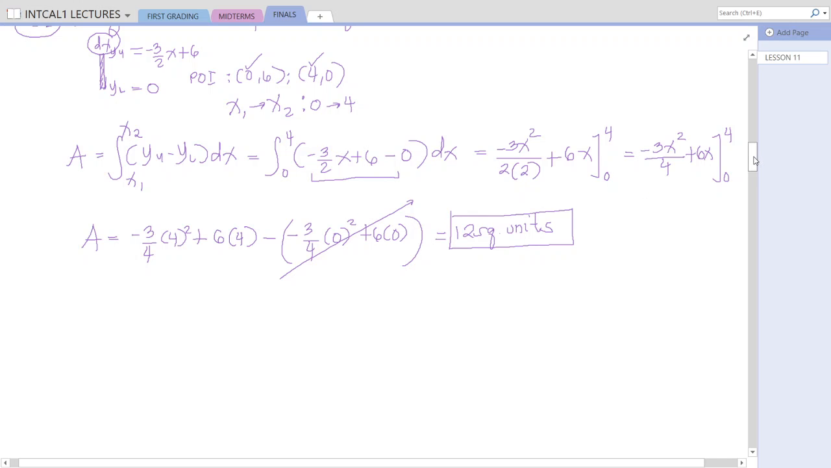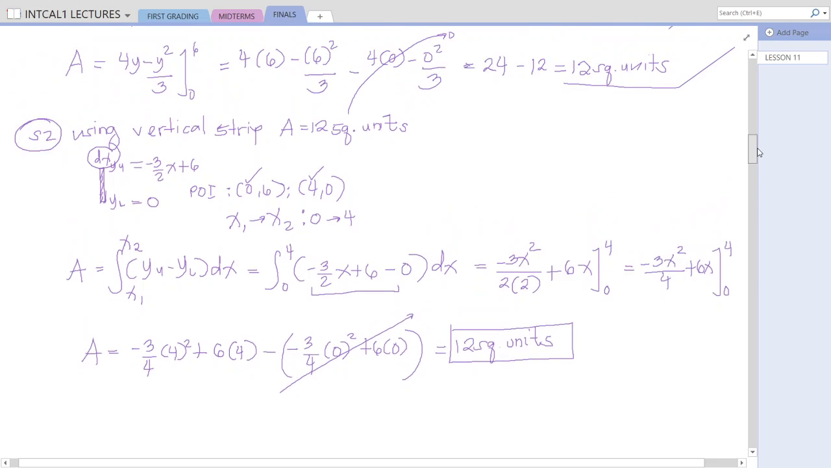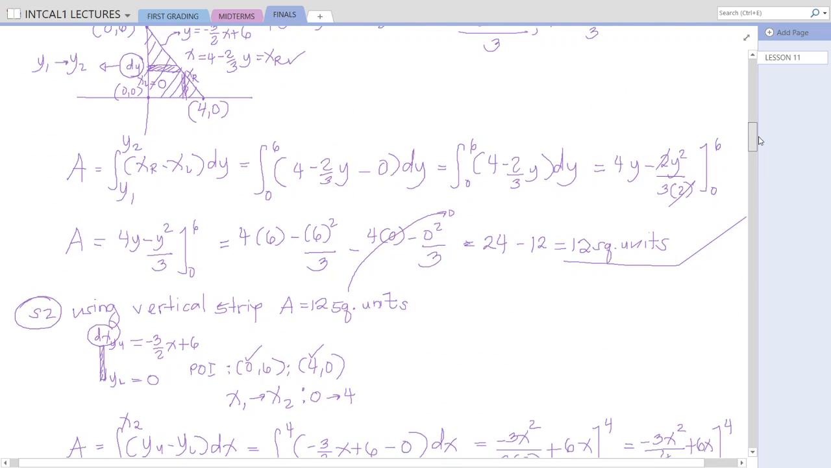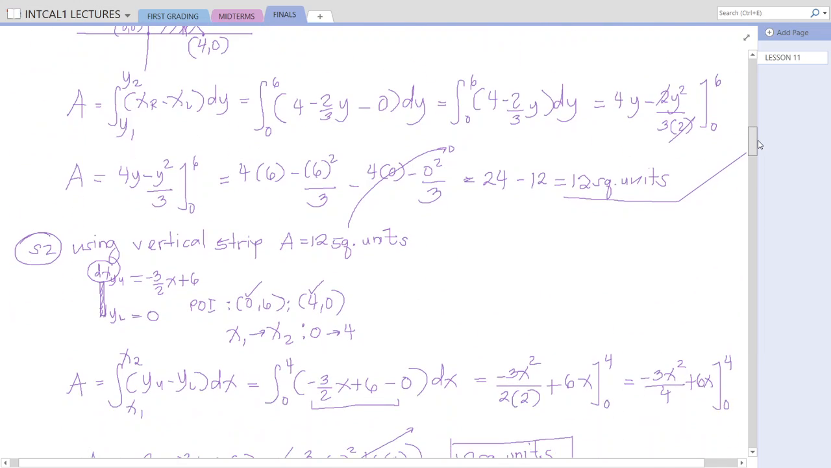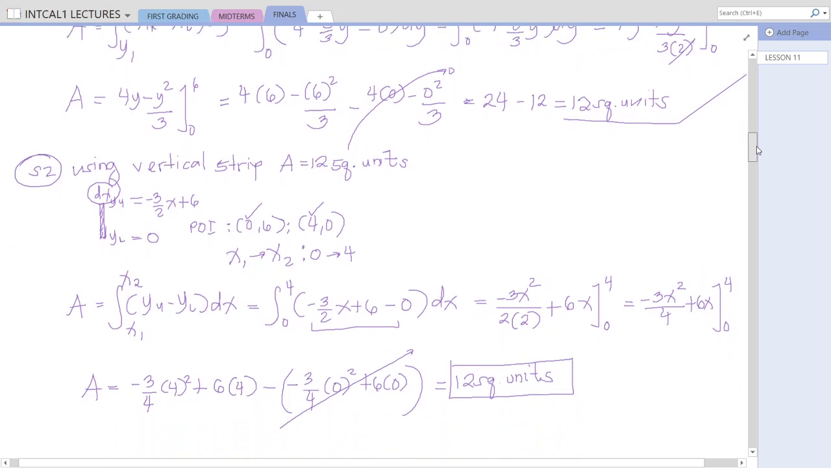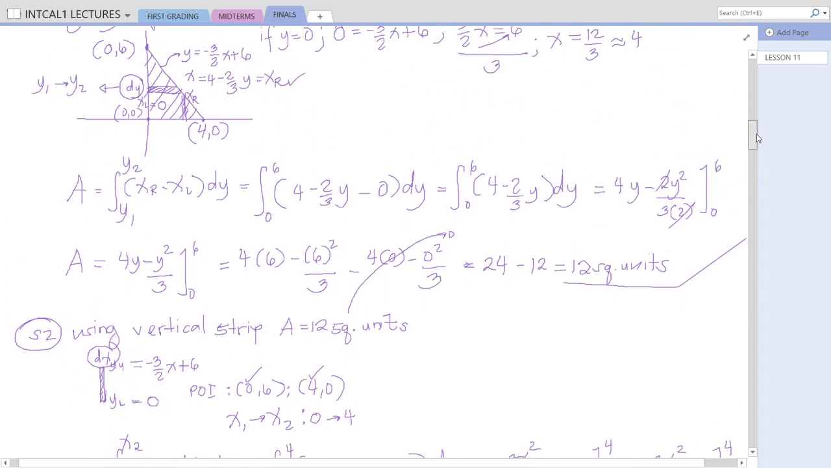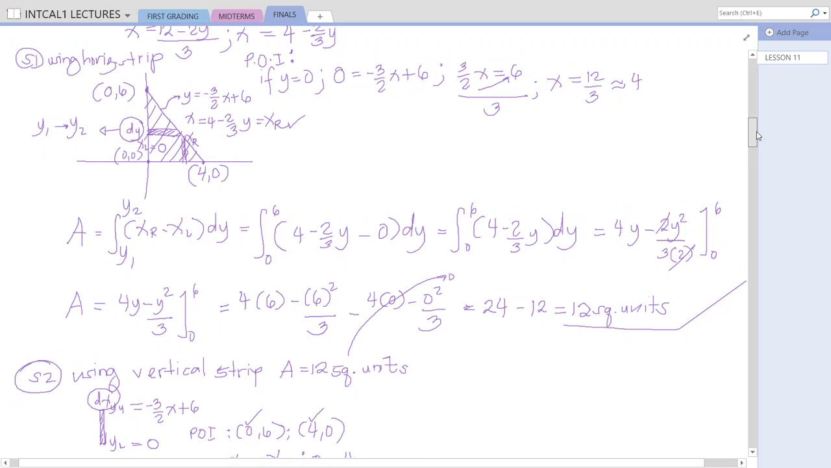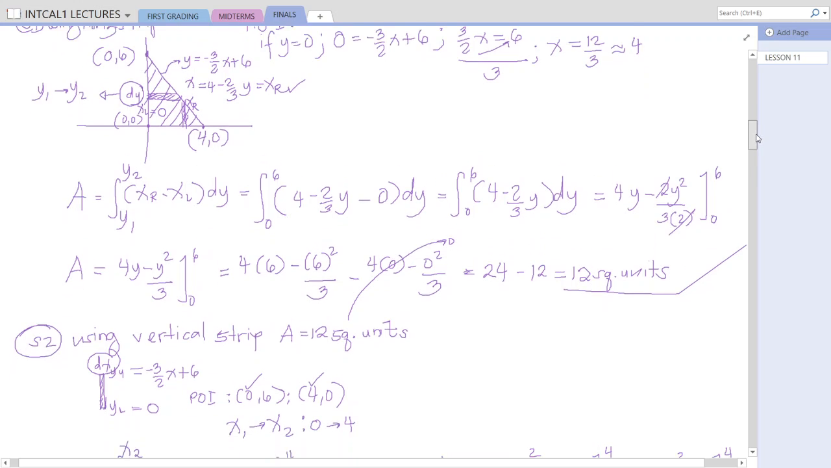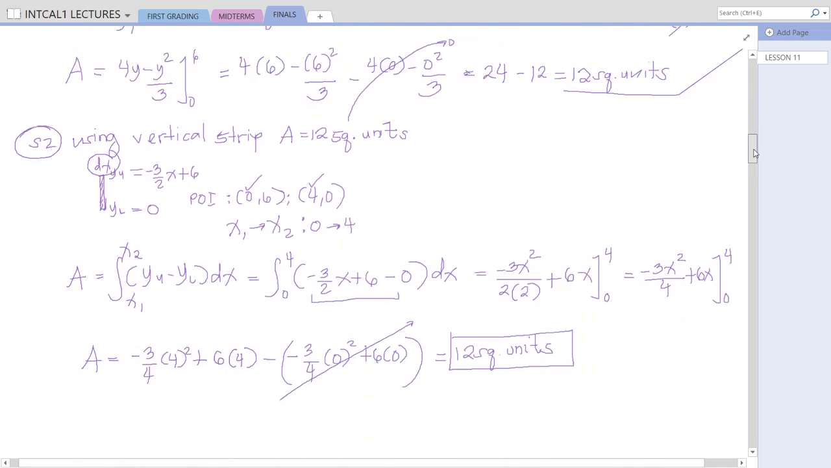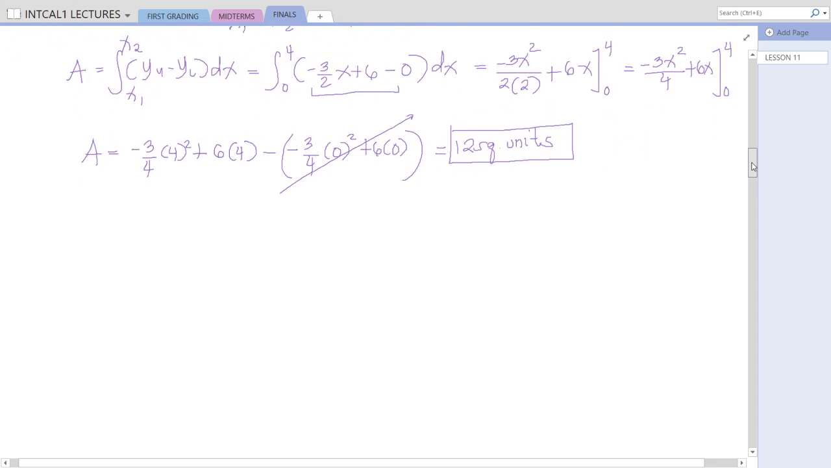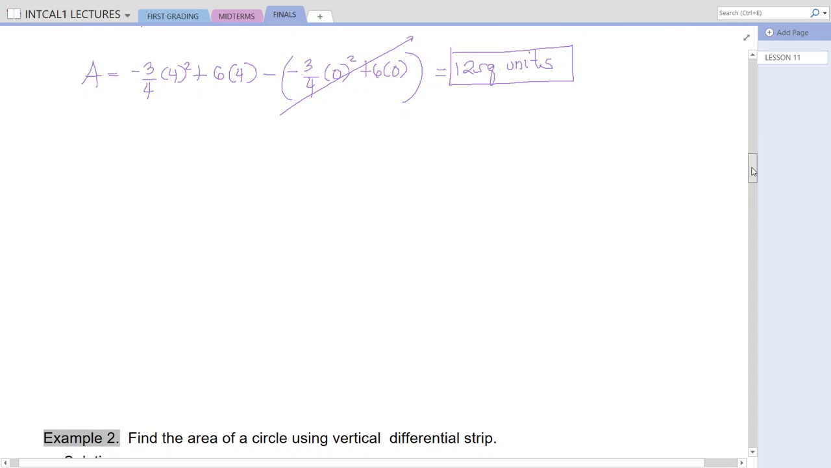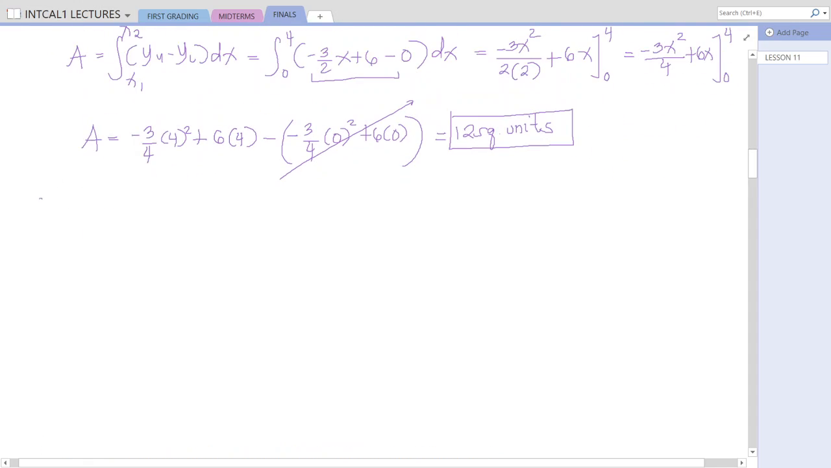So whether you use a vertical strip or a horizontal strip, for as long as it will be arriving at the same answer, that is correct. And as a tip, we will be using the horizontal or vertical strip for as long as it strikes only one equation, so that the area there will not be complicated. Okay, so for our solution 3,